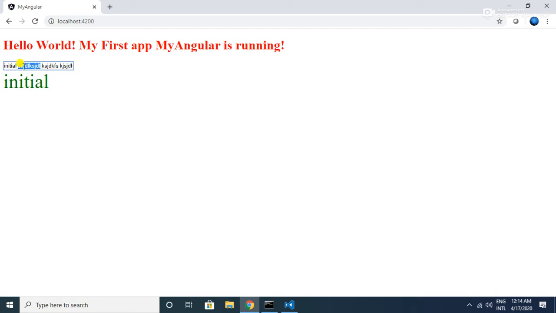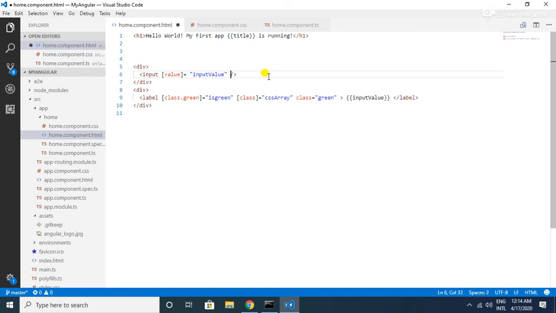To get this content reflected back in the label, we have to do event binding, so that whenever we change the data inside our input tag, that is stored back in the inputValue. So let's do the event binding for the input change event: we want to access the value of this input tag, so we will make use of this $event variable. $event.target is nothing but the input tag, .value, and this has to be updated to this variable.